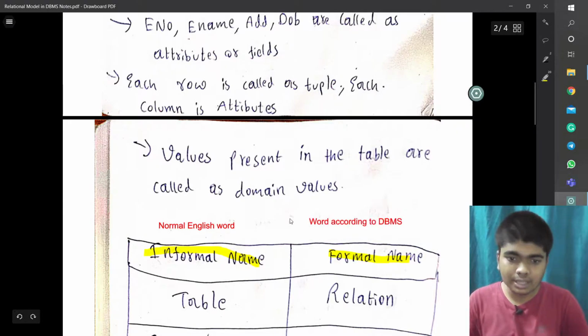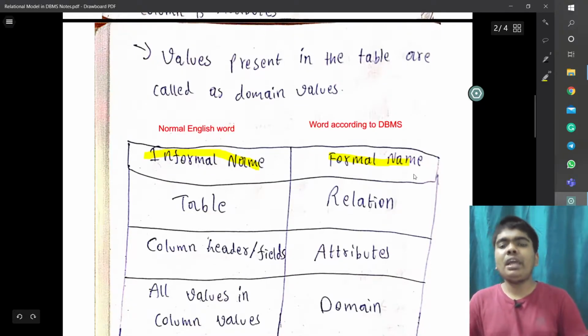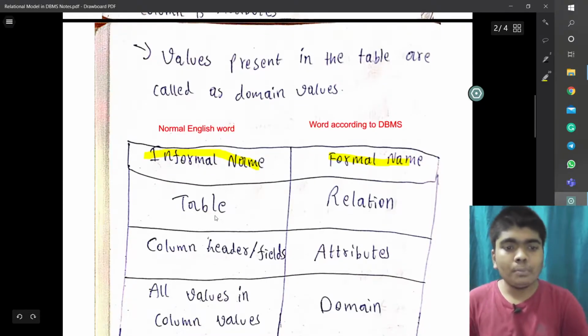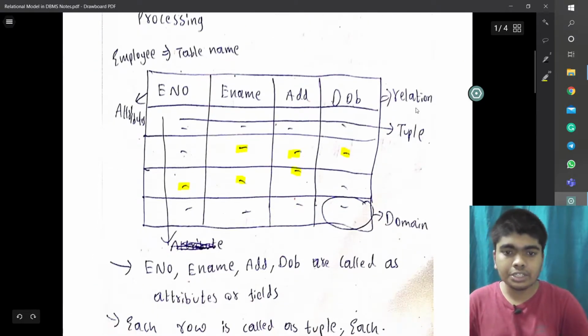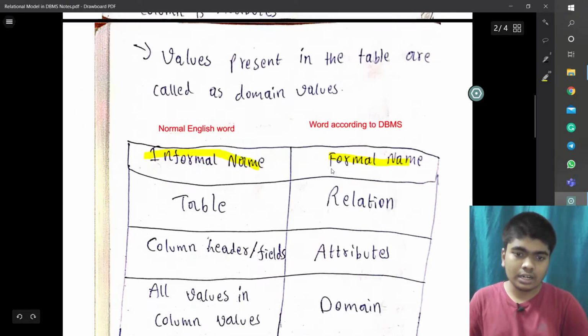So the informal name is table, and according to DBMS it is called a relation. This whole thing is called a relation.